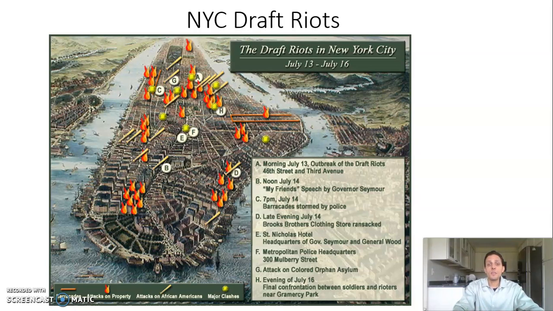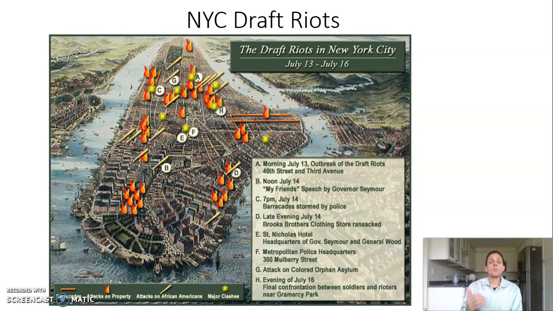Now, some other examples of the expansion of the power of the federal government during the Civil War would be the draft that's instituted by the federal government. So both the Confederacy and the Union have drafts during the war. Now, both are contentious to a certain extent. The North is going to see a bigger backlash to the draft. So this is instituted in 1863, and in response to the draft, you're going to have massive draft riots break out in New York City. So one of the elements of the Civil War draft that gets a lot of anger towards it is going to be the fact that